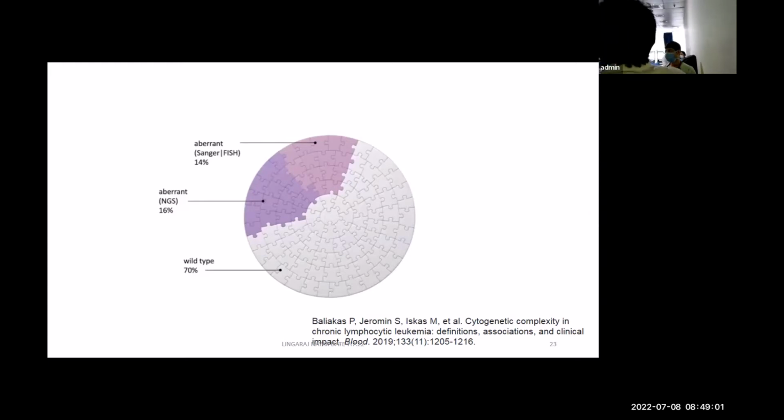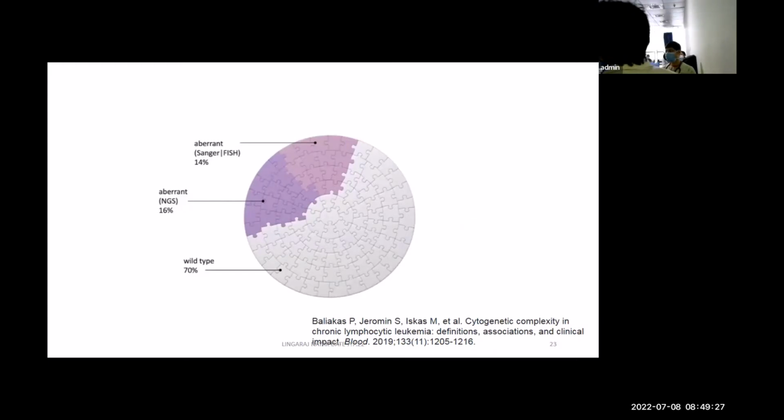Why is it important to know that you have a TP53 subclone? Because you have drugs now. Ibrutinib is there and it is generic, and now the cost has come down. So this debate will emerge again: whether we should look for those subclonal TP53 where you prefer ibrutinib over chemotherapy.